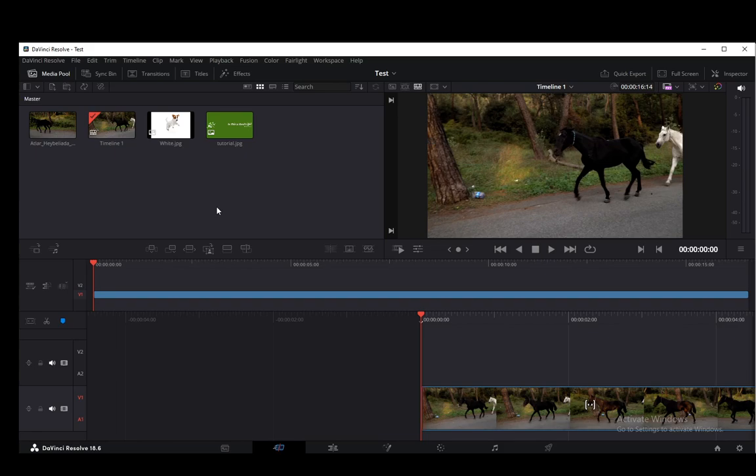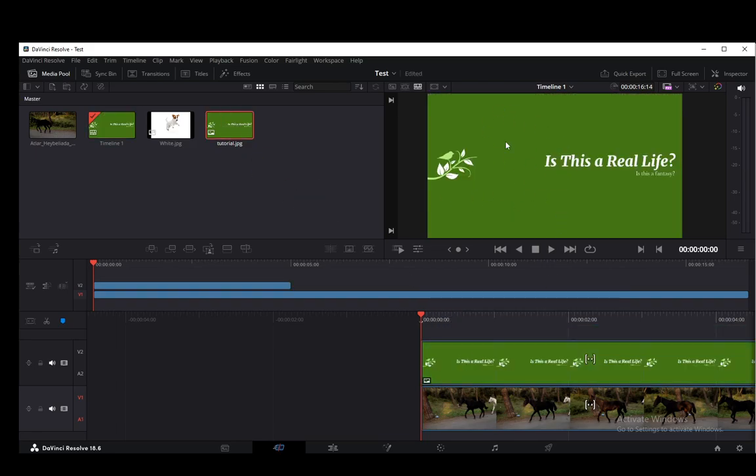In this video, I'm going to be showing you guys how you can add a green screen to your videos in DaVinci Resolve. So let's get right into it. Now, you can do this for both videos and photos, and I'm just going to be overlaying this green photo over this video here. And as you can see, I'll be trying to remove the background so that this video